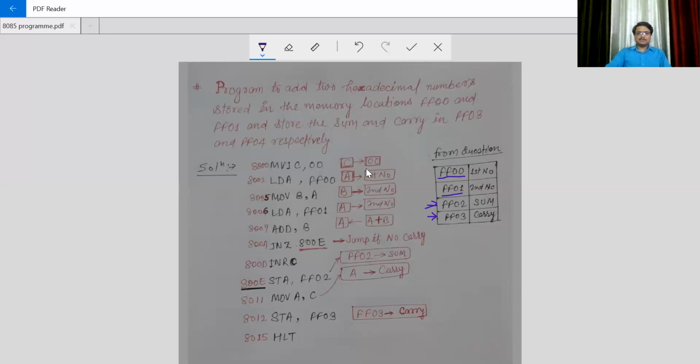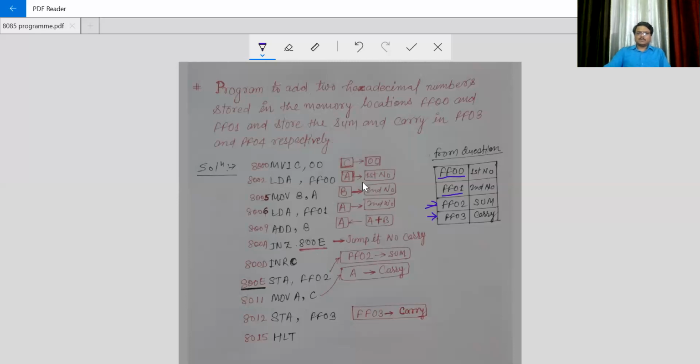In previous examples we saw that we stored 0 in B and incremented it when there was a carry. We just use jump if no carry. The same thing we'll use in this lecture also. And if someone is new and has not watched my previous lecture, then please go and see. That is also a very good programming example for you.